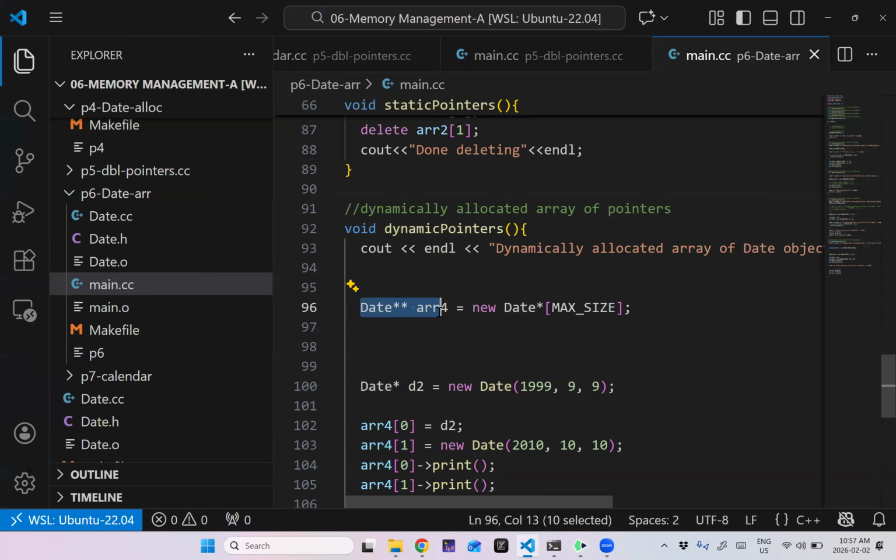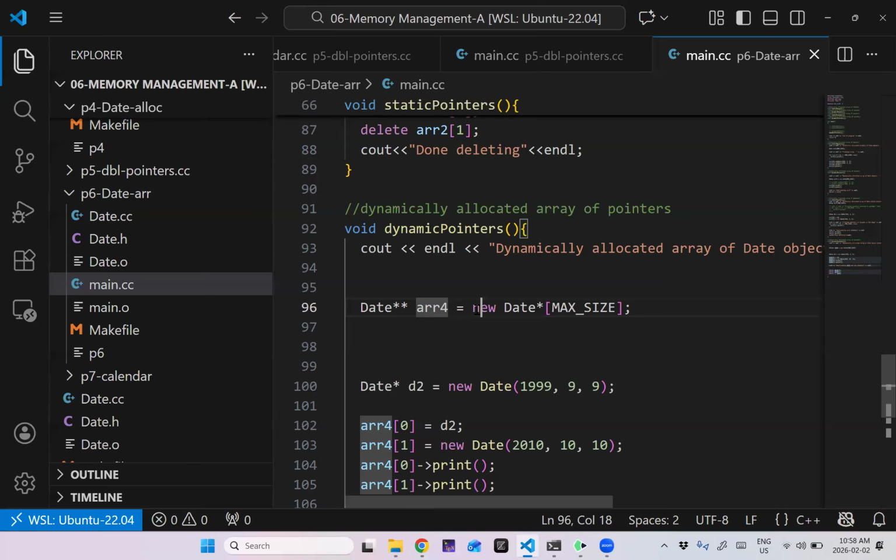To make one of these things, I need a double pointer, because technically the first dereference jumps to the array, and then I need to dereference one more time to jump to the date. So it's a pointer to a pointer to a Date.